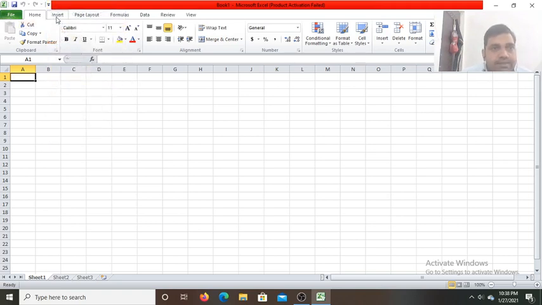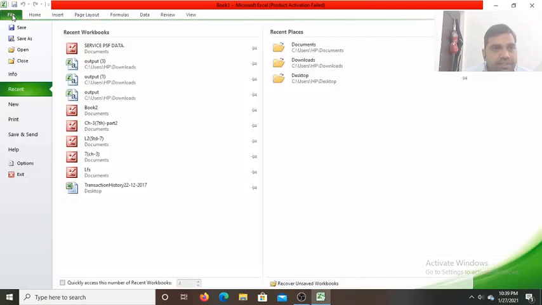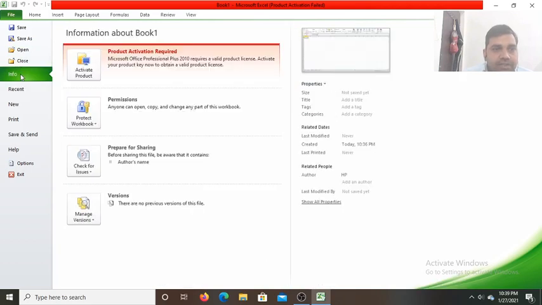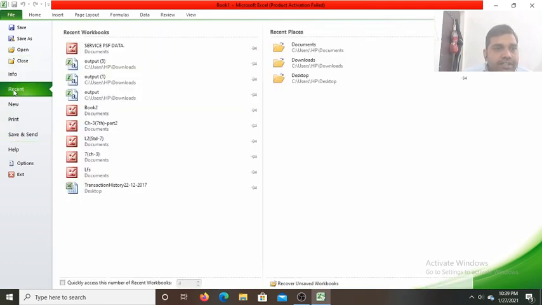Now these are the tabs. This is the file tab. The file tab contains all the commands related to file operations. If you click on the file tab, you'll find save to save the file, save as, open to open any existing Excel file, close to close the Excel file, and info. If you click on info, it will display the information about Book 1, such as size and properties. Here it shows size not saved yet, title nothing, tags, and the date created today. Now recent means the files you have recently prepared, it will show you.